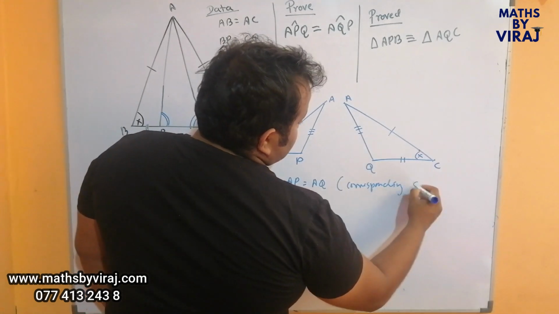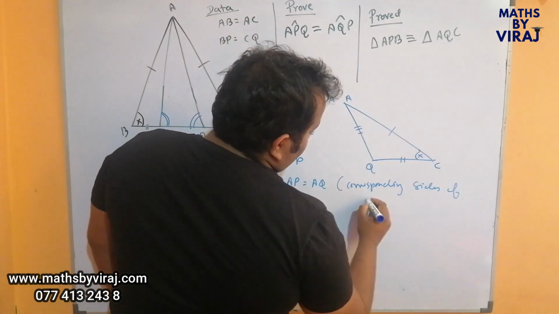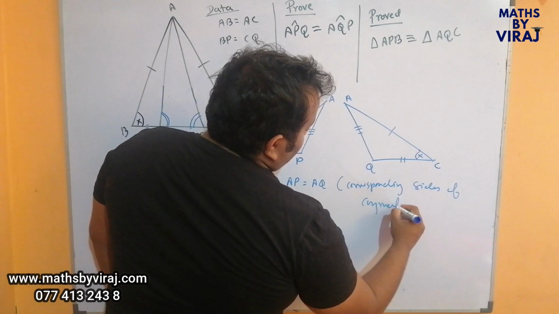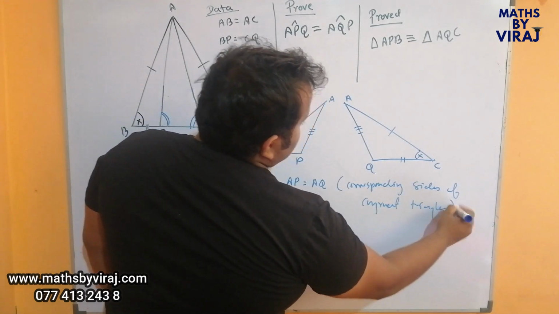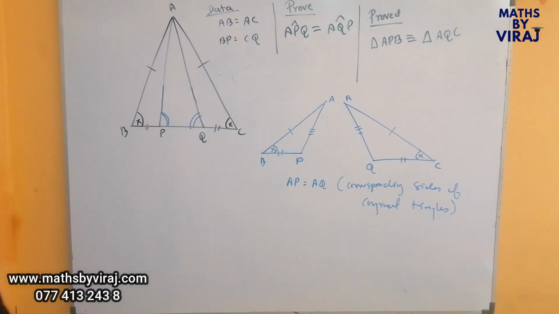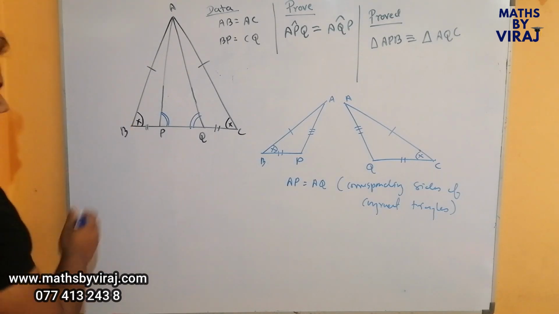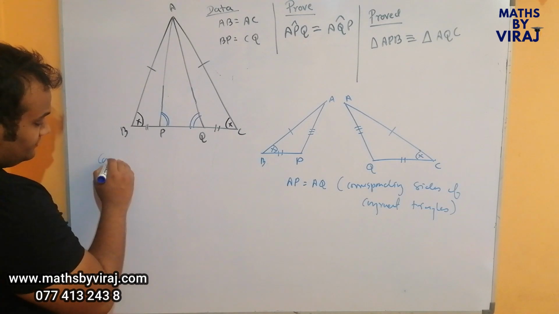Corresponding sides of congruent triangles. They are corresponding sides of congruent triangles. Fine. Now, I can consider